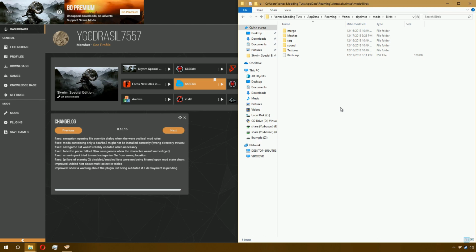So, in order to clean up your folder, remove your textures folders and your meshes folders from these mods, you can go ahead and create an archive. You can also put sound and SEQ files, sound and scripts into said archives, but I'm not going to, simply because